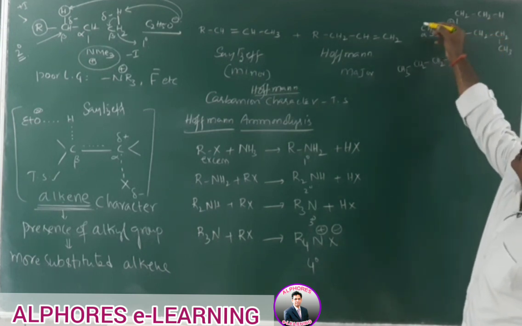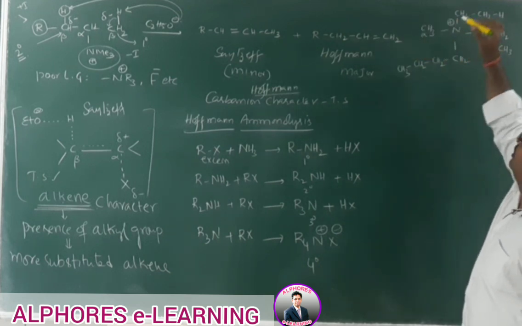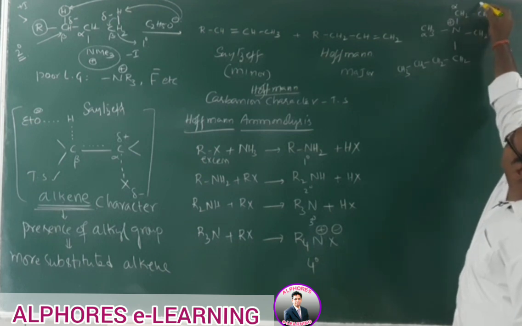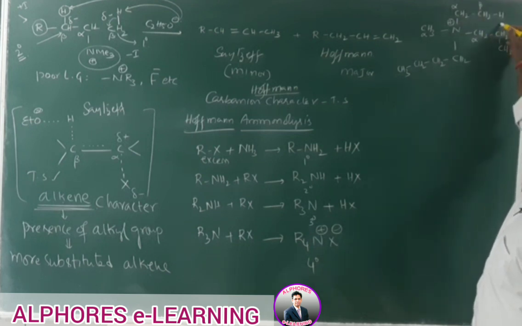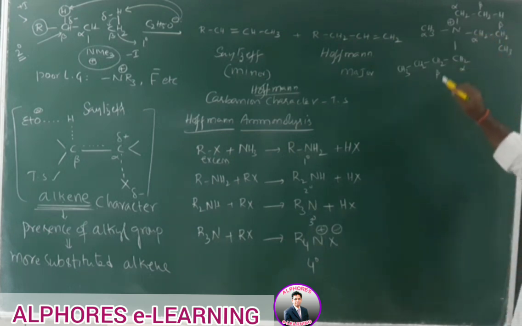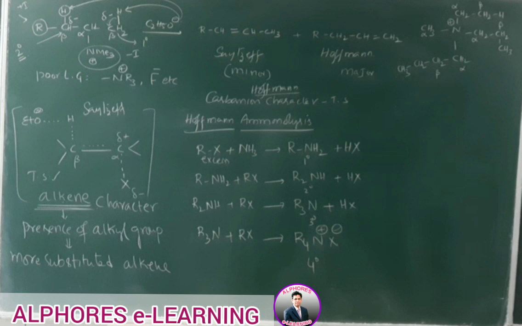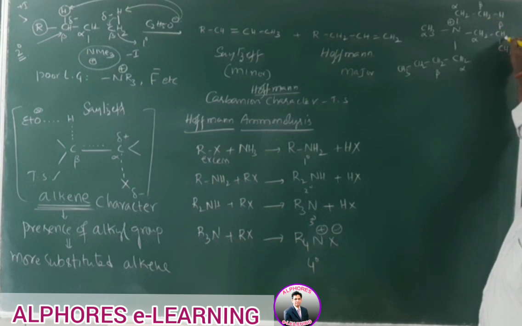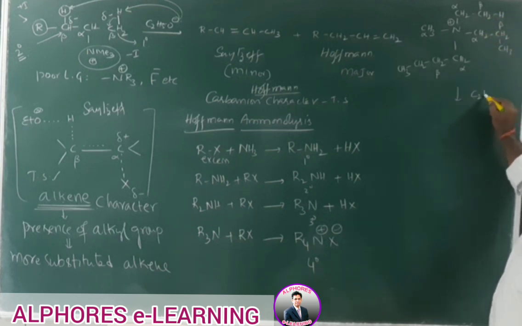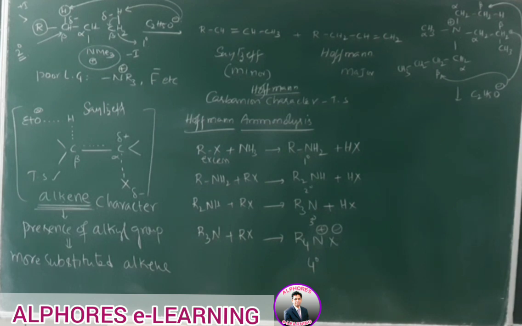This carbon is alpha, and it is not attached to any other carbon, meaning there is no beta carbon. With respect to this one, this is alpha and this is beta. Likewise for this one and this one. So except for the methyl group, the remaining three alkyl groups have beta hydrogens. Now a base may approach either this beta hydrogen, or this one, or this one. So there are three possible products.